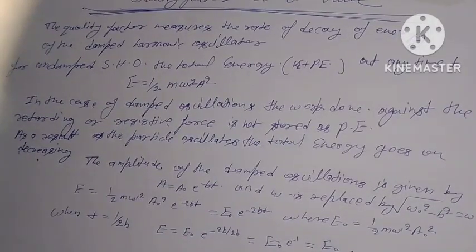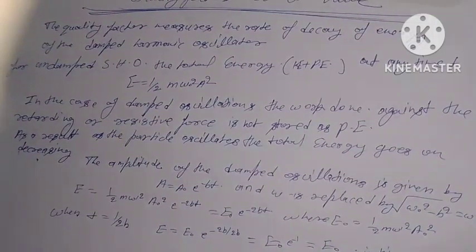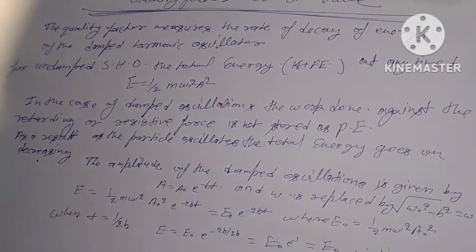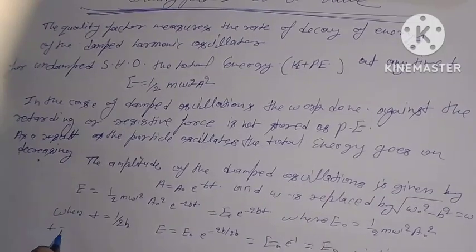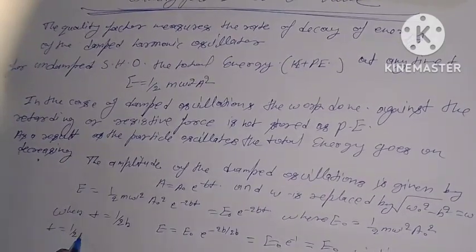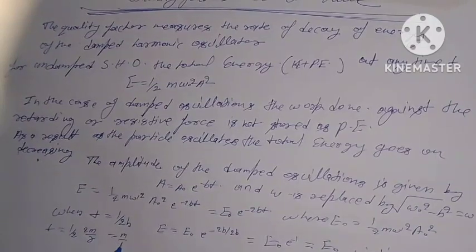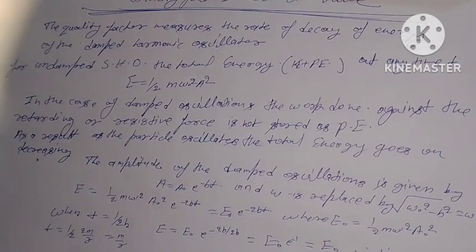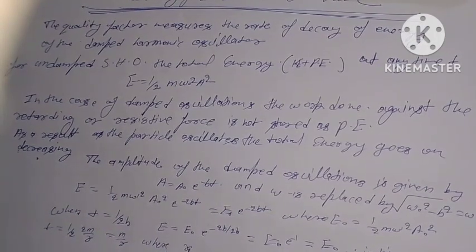Hence, in time t equal to 1 by 2b, that is t equal to 1 by 2, the value of b is r by 2m, where r is the damping constant,